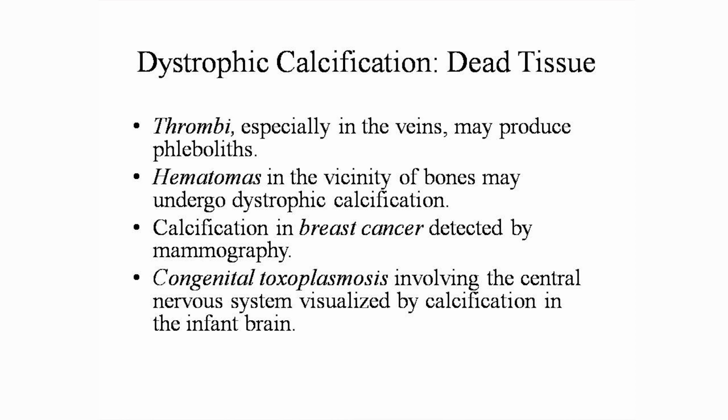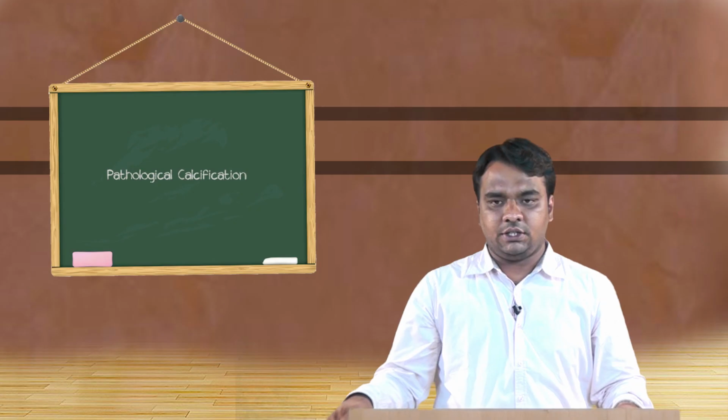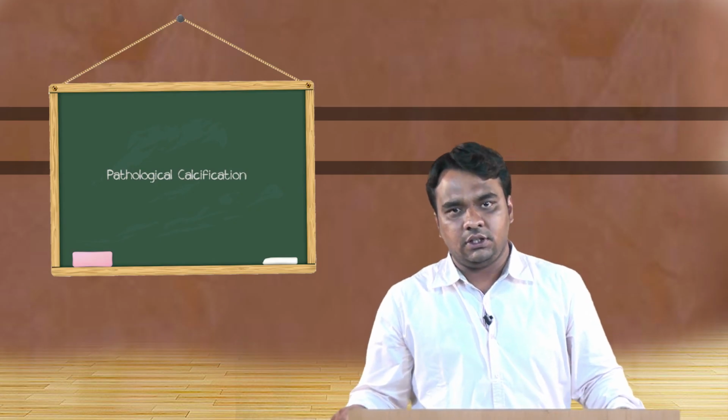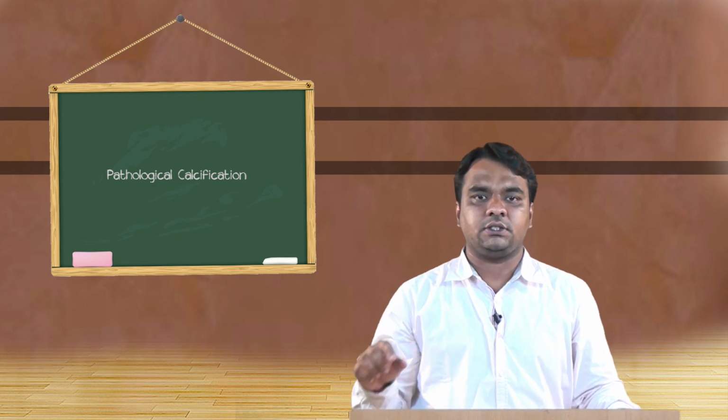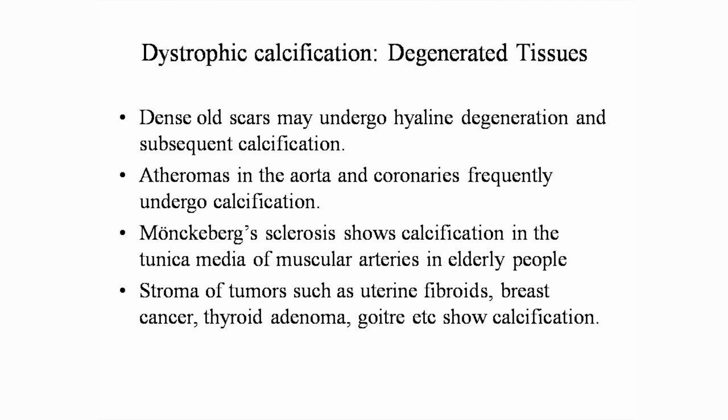So mainly the degenerated, so we saw in the dead tissues. Second thing is under dystrophic calcification, in that we will see regarding the degenerated tissues. So in degenerated tissues, it might be old scars, atheromas in the aorta, and Monckeberg sclerosis. Monckeberg sclerosis is nothing but where the tunica media, in the sense the middle layer of the muscles of the arteries